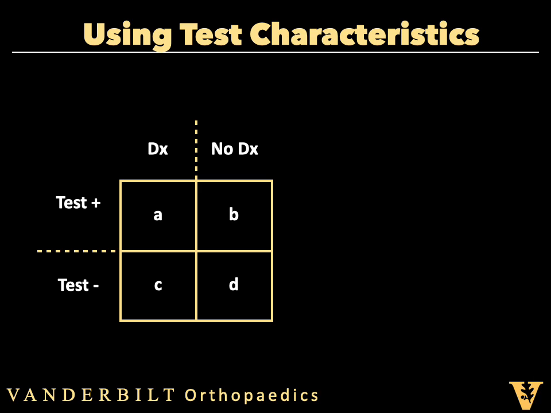Because if we are looking at everybody that comes into my office with shoulder pain, and I'm searching for adhesive capsulitis, for example, I should not be excluding everyone that has a rotator cuff tear and a trauma to their shoulder